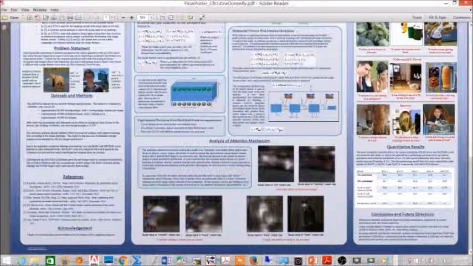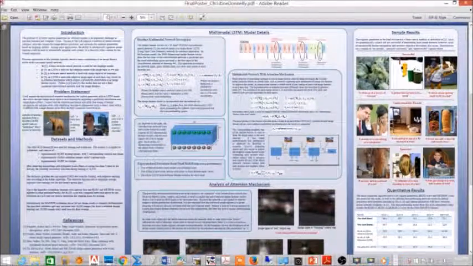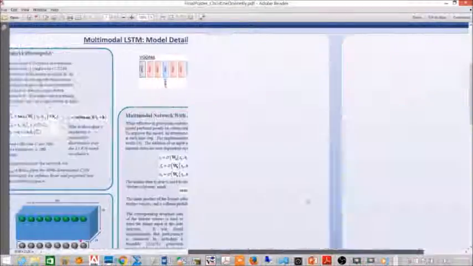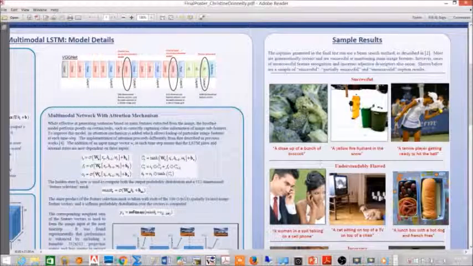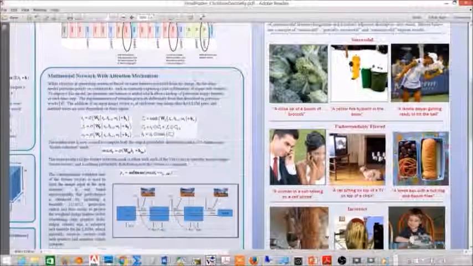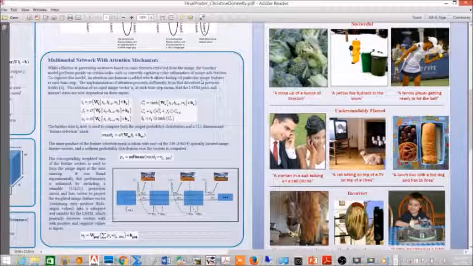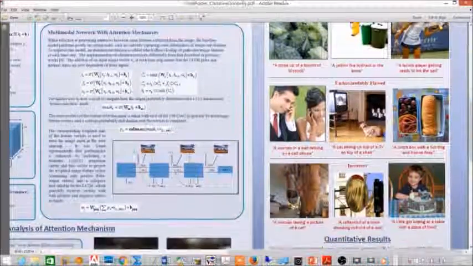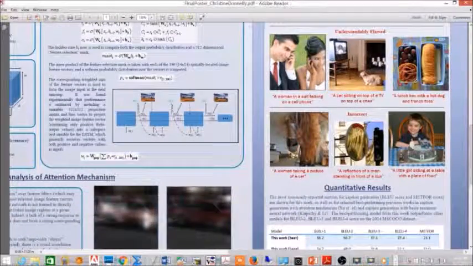Okay, so now for results. Here I just show a number of sample results, which I label either successful, partially successful with some sort of understandable flaw, or more definitely incorrect. So just going through some examples: close-up of a bunch of broccoli. This one correctly identified yellow fire hydrant in the snow. The tennis player. Here in the flawed results, there's indeed a woman and a man in a suit, and they're